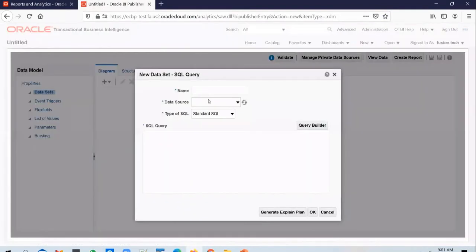And you add in SQL query, select one in there. And the data source you can select as FSCM or HCM or CRM depending on what application you want, what application table you want to query. I want to query grades table, which is a part of HCM. So I select application DB HCM there, and I will search the grades table. I'll say per_grades.